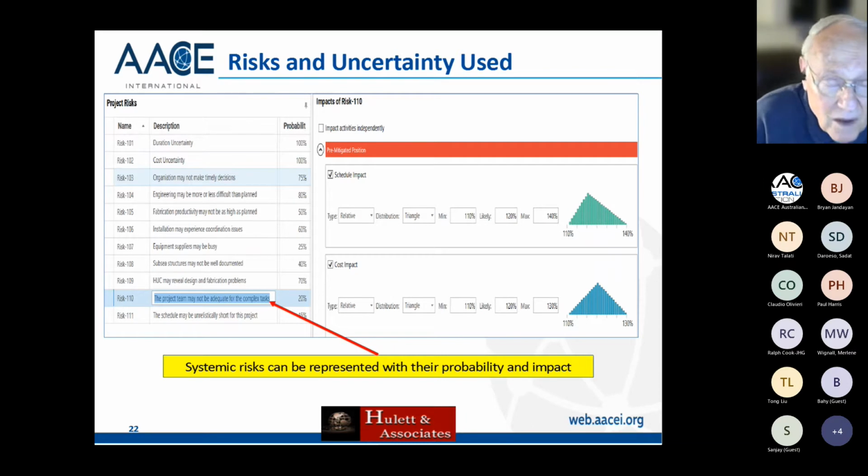And again, some people in AACE think that systemic risks have to be 100% likely. I don't think that. I think that they have a 20% chance of happening with some impact on the schedule. In this particular case, I've guessed that, but okay, it could happen. The impact if they happen, with this particular thing, a bad project team, the best case is 110%, most likely is 120, and the worst case is 130. Let's see what kind of Monte Carlo simulation result I get for a somewhat more general case study.